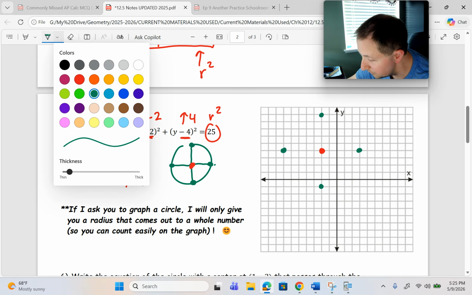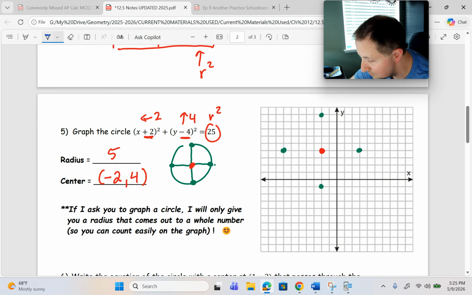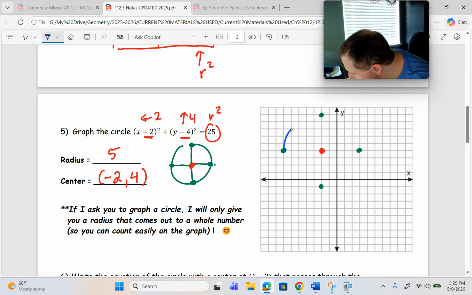And I'm feeling like using blue to connect the dots. This is always the part. Do it quick, do it slowly so you can try to make the circle as round as you can. It takes a little practice. I will not judge the roundness of your circles as long as you're trying. Okay, I had it going pretty well, and then